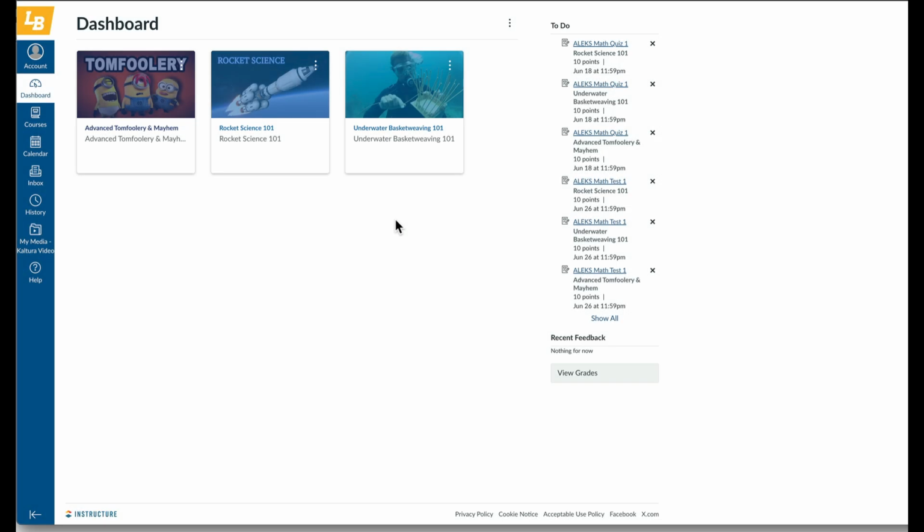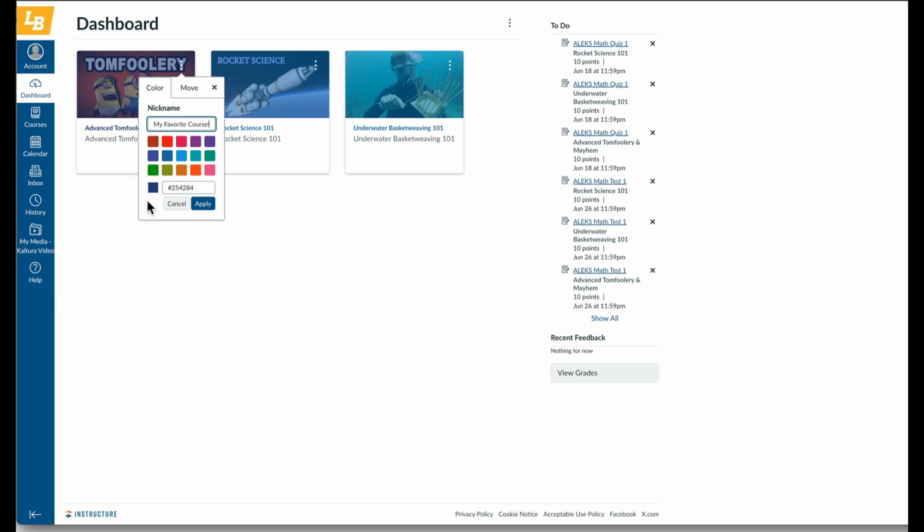Lastly, I want to show you how you can customize the name. So let's say, like in a typical actual course here, these names may not make sense to you. So I'll show you how to change that if you want. So let's say I want to change the name of this course right here. When I hover over these 3 dots right here, this is called the kebab menu, or I've also heard it called the vertical ellipses. And you click that, and right in here you can actually type in a nickname that